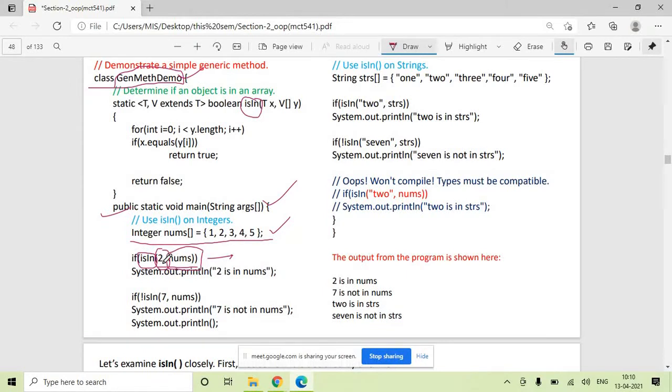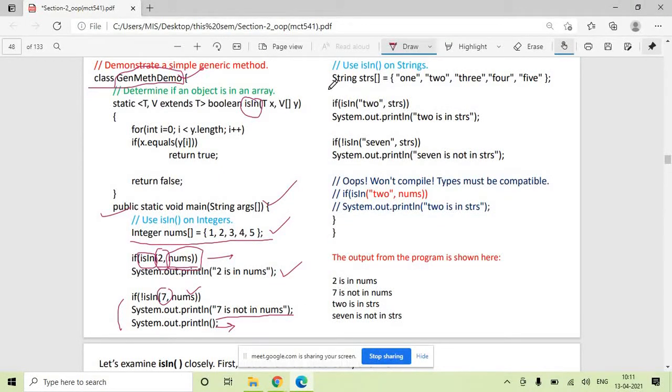If the integer 2 is present in nums, then we will print that 2 is in nums, that 2 is available in the nums array. In the second line, we are trying to search whether element 7 is present in the integer array nums. If it is there, we will go to this line. If it is not there, we will print 7 is not in nums.